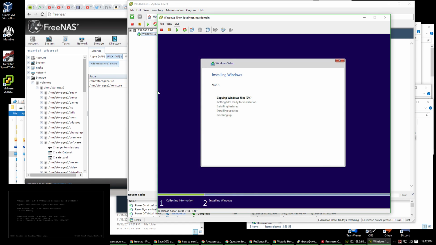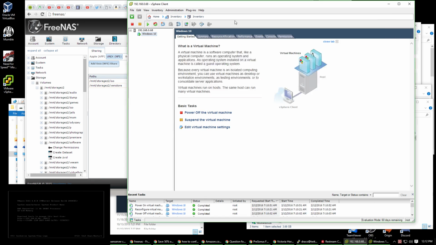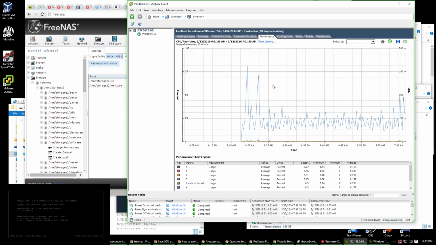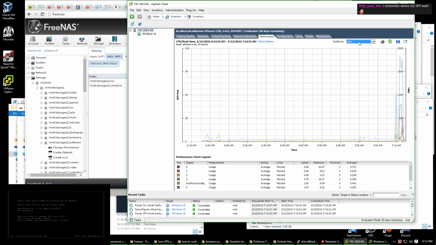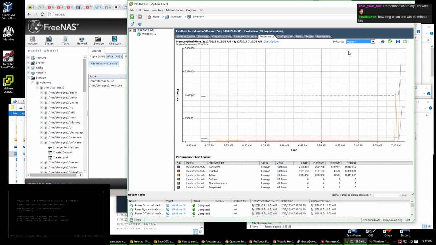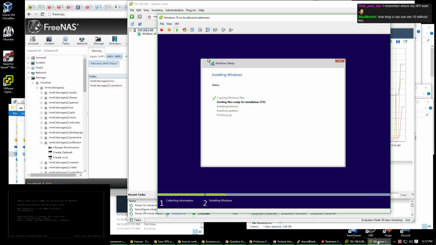And there we go. So that's installing. So you go back here to performance, and you can just watch it work. The only thing I don't like about ESXi is while I like the graphs sometimes, it's not always active for one, and